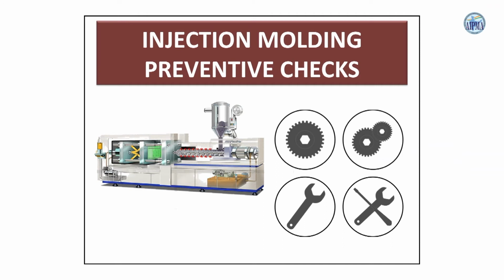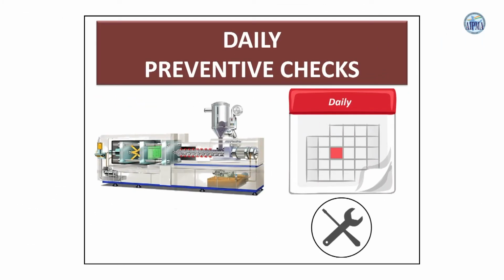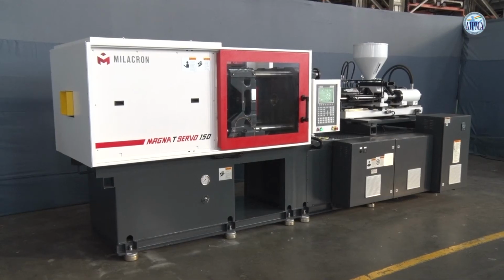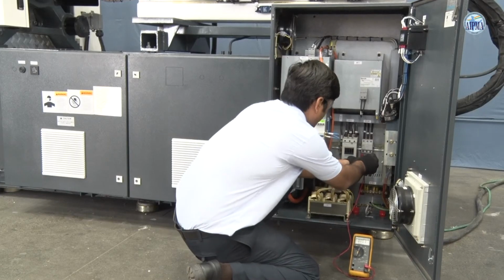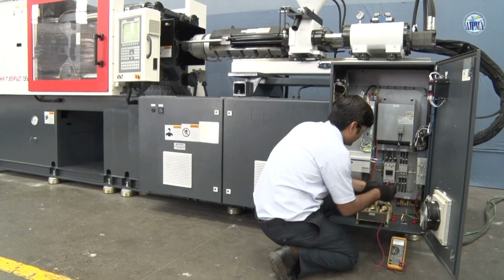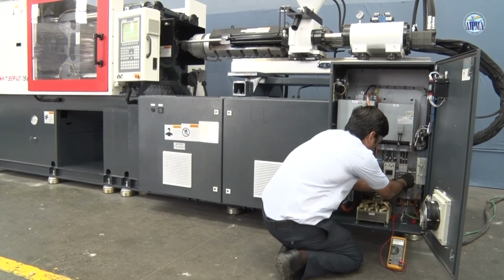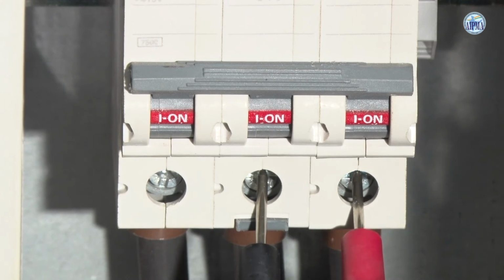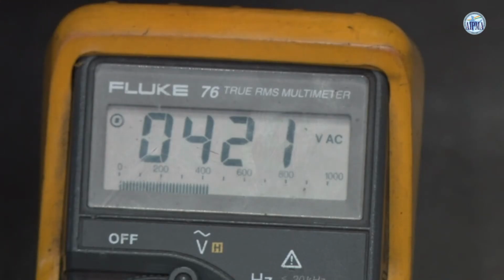Preventive maintenance is very important to reduce downtime and to extend life of machinery. Now we will review general preventive checks of injection molding machine. Daily preventive checks. Clean the machine and surrounding area. Maintain voltage fluctuation of the input power. Acceptable range as per IS standard is 415 volts AC,